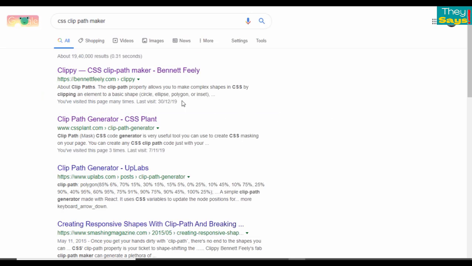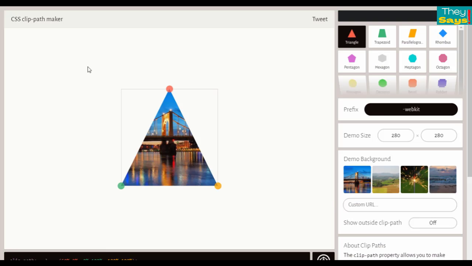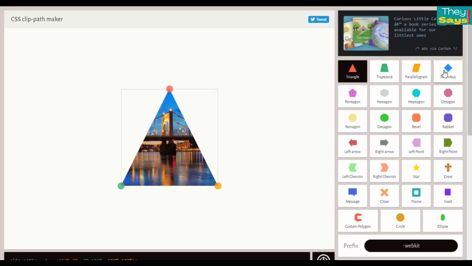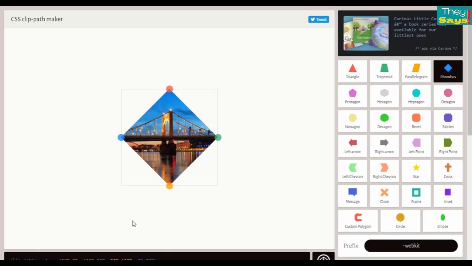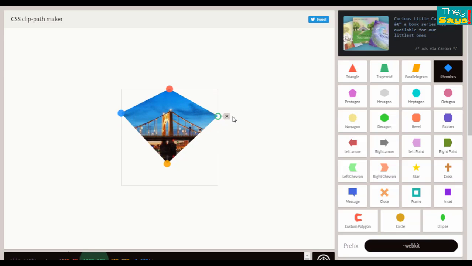Click on this website and click on this rhombus and make the first shape by adjusting these points. Okay, this is our first shape ready.